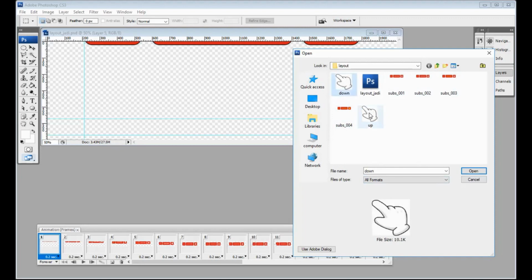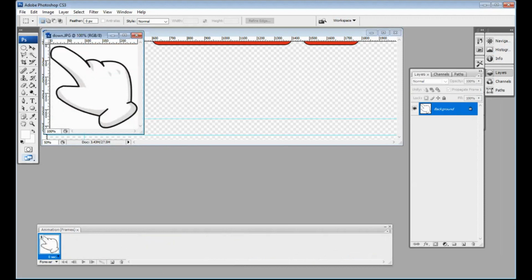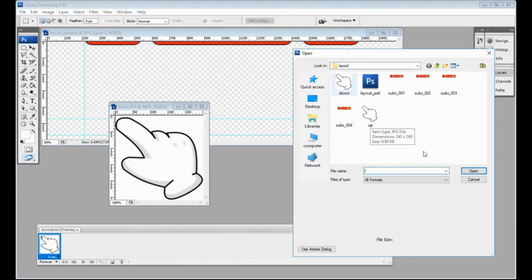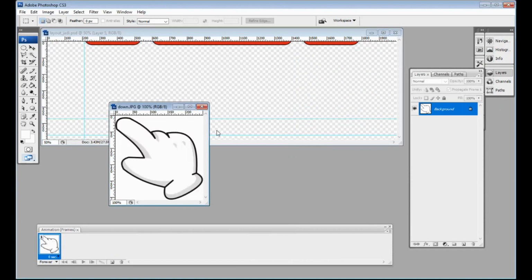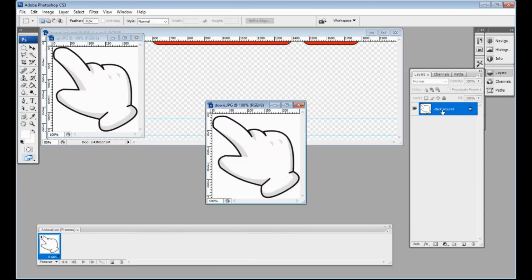Okay, let's try. I will make an illustration for you of how the frame works.